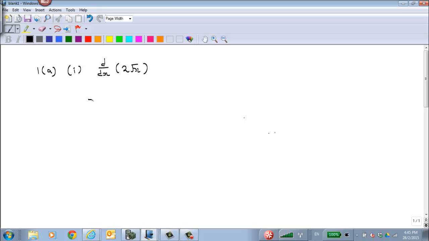So this should be quite simple. Basically, you just consider square root x as x to the power of half, and then you just do the differentiation. You will get the answer. Okay. Then for part 2,